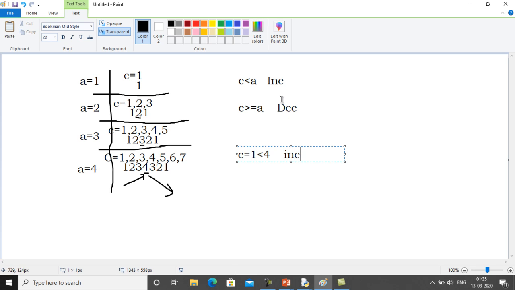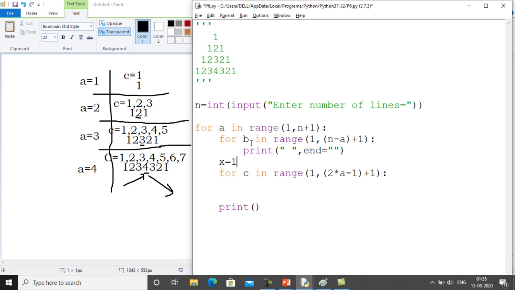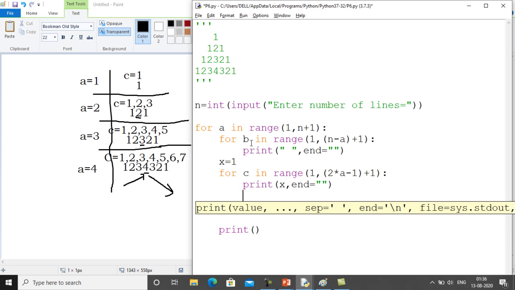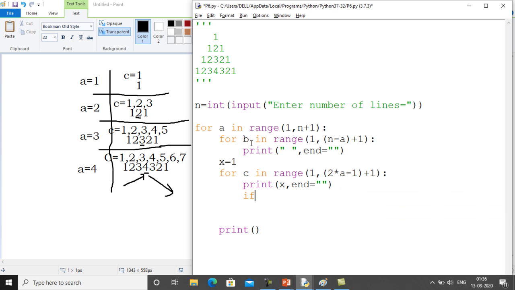सो सिंपल लॉजिक है कि भैया हमने अब यहाँ पे क्या करना है कि x 1 है, हमें पता है कि लाइन की शुरुआत जो है, जो प्रिंटिंग की शुरुआत हो रही है वो x की वैल्यू से हो रही है. सो वी विल सिंपली प्रिंट द वैल्यू ऑफ x फर्स्ट एंड देन सेट द एंड पैरामीटर, राइट। x की वैल्यू प्रिंट करने के बाद नाउ यू आर गोइंग टू चेक इफ द वैल्यू ऑफ c इज लेस देन a। अगर ऐसा है देन इन दैट केस आप क्या करोगे, x इज इक्वल टू x प्लस वन, और अगर c की वैल्यू a के बराबर हो गई देन इन दैट केस x इज इक्वल टू x माइनस वन।